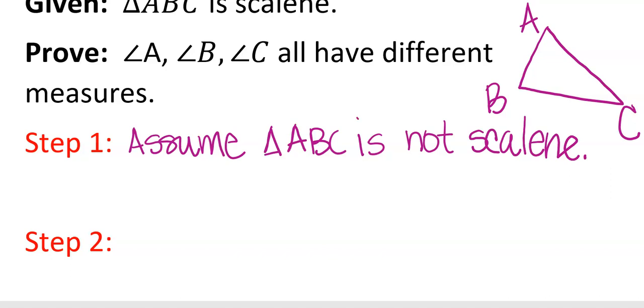So if it isn't scalene, we want to assume something about that particular triangle that we've made. Remember that if it's not scalene, it could be isosceles, it could be equilateral. We either have no sides the same, 2 sides the same, or all sides the same. Okay, so there's actually 2 options that you could do. With this one, you could assume that it's equilateral if you wanted, but we're going to do 2. Okay, so if it isn't scalene, let's say